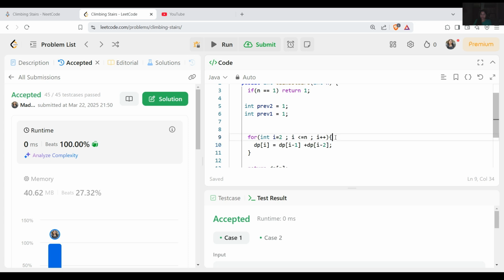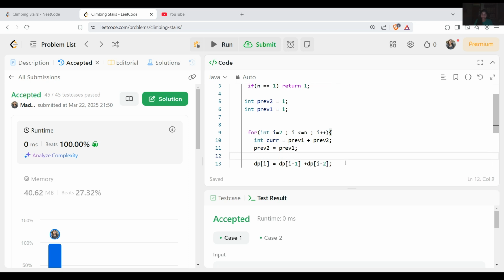Instead of this step, we will keep a value current, which will equal previous one plus previous two. Now we have to move the value to previous two. So previous two will have the previous one value, and previous one will have the current value which we have calculated.